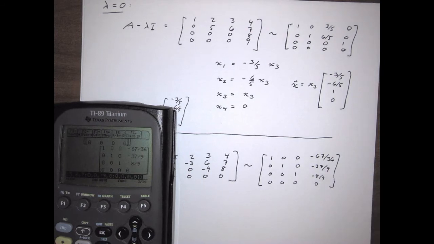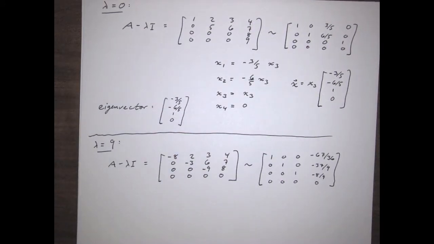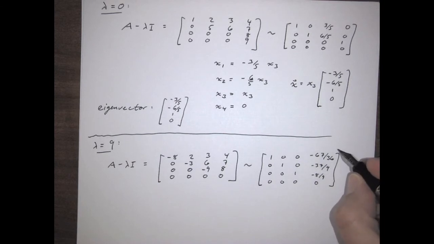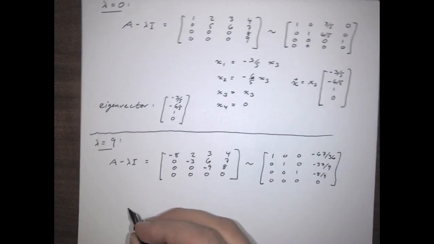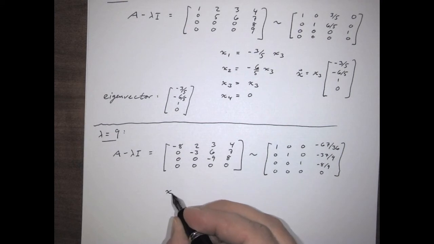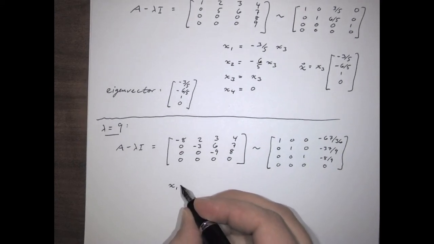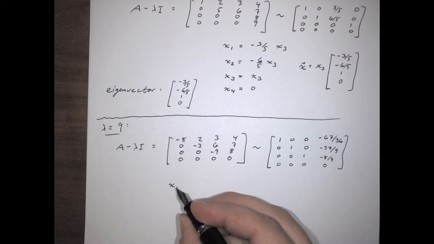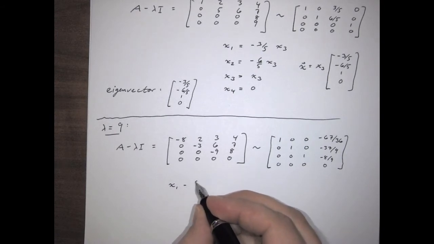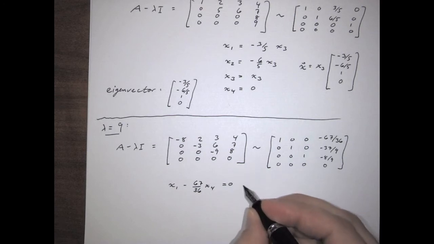Now, once again, if we were in the business of finding the eigenvector here, if we were being very, very careful, we would augment our zeros and proceed accordingly. However, there's no advantage to that because we've been down these sorts of paths so often before that we can predict the answer with some confidence. So x1 minus 67/36 x4 equals 0,